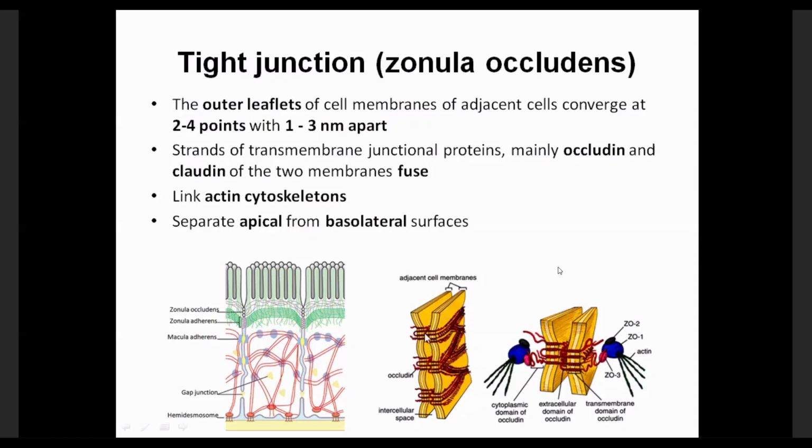You see, at about 3 sites, they have now come in contact. And right at such a location, there are transmembrane proteins. You remember from the last module, on the plasma membrane we have proteins that may cross the plasma membrane. When such a protein crosses, it has a cytoplasmic end as well as